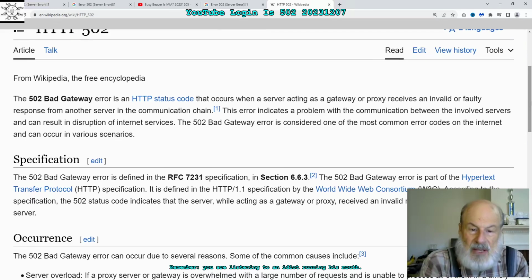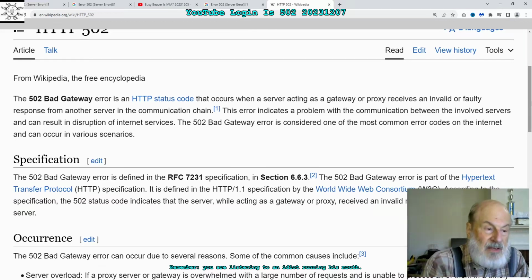This error indicates a problem with the communication between the involved servers and can result in disruption of internet services. The 502 bad gateway error is considered one of the most common error codes in the internet and can occur in various scenarios. So,